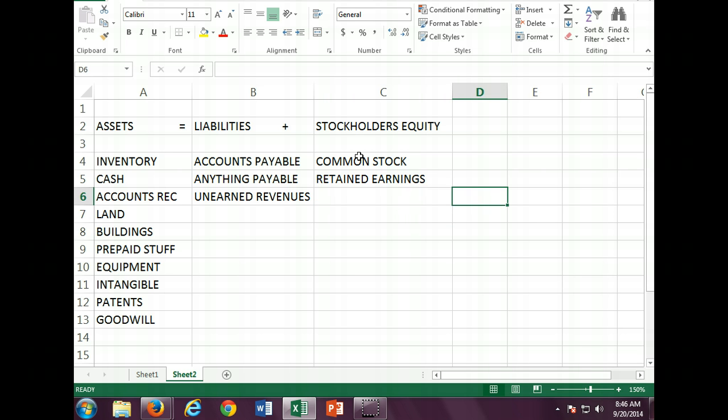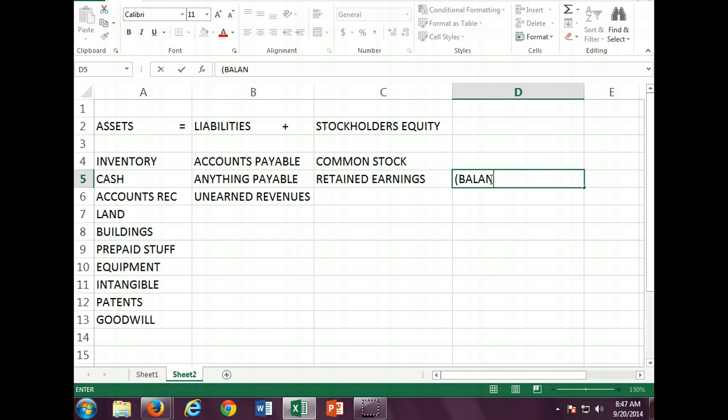Now, let's take it a step further and ask, what's in retained earnings? Retained earnings is the accumulation of all the income a company has ever earned minus any dividends they've paid out. So retained earnings is basically all the prior years' income minus dividends. Generally with retained earnings, we're going to begin with a balance at the start of the year, and we're going to add